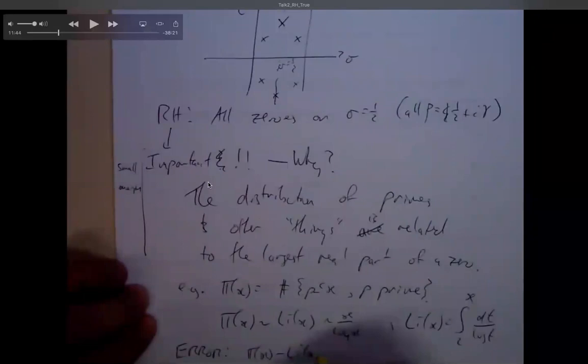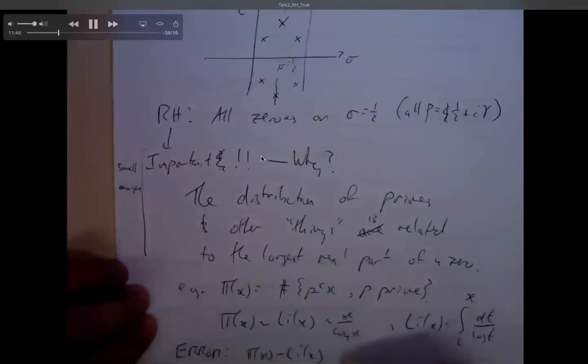And just in case I forgot to mention it earlier, throughout the talk, if ever I write this tilde, this little twiddle, that is the standard shorthand notation for asymptotically equal to. It means that A is asymptotic to B if A divided by B tends to 1. So x squared plus x is asymptotic to x squared, say.